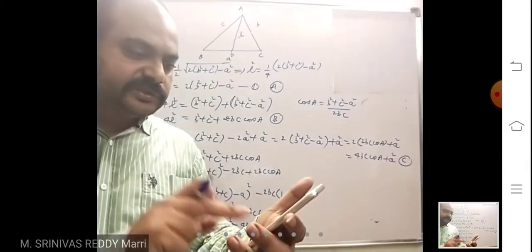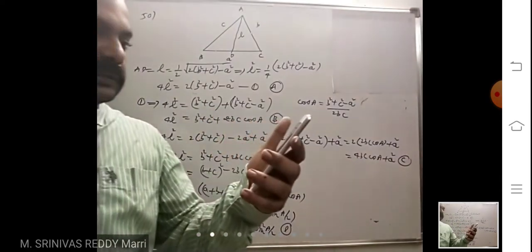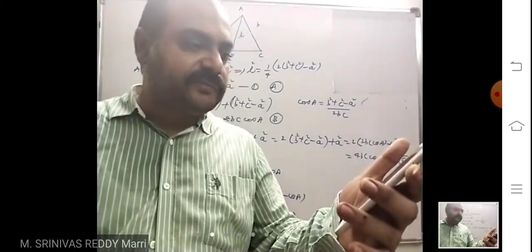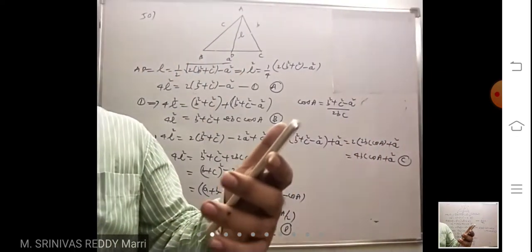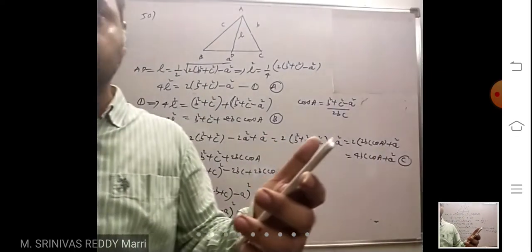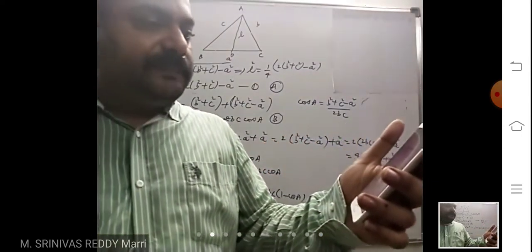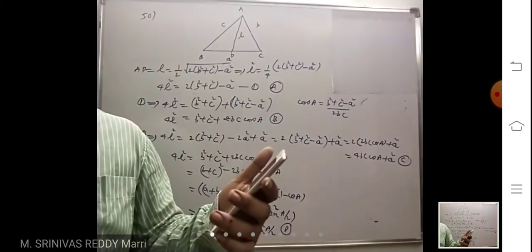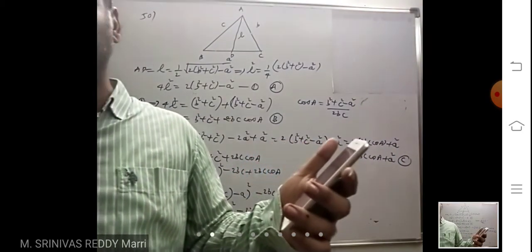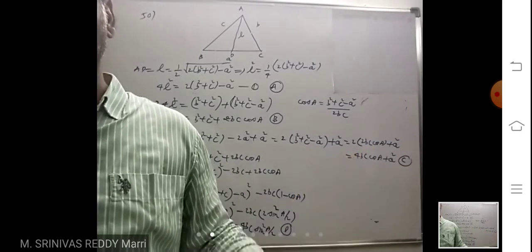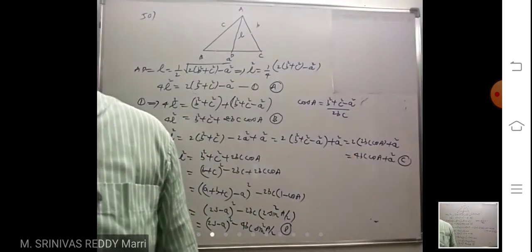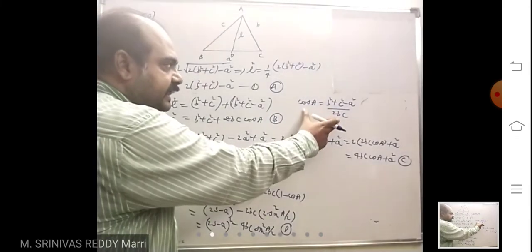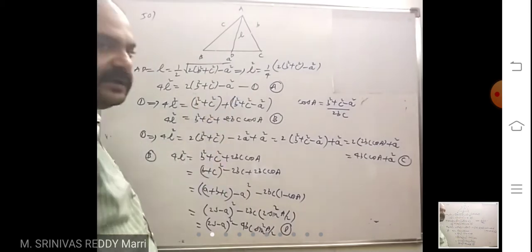In the second option, if you substitute cos A, you will get the same. In the third option, substitute cos A, you will get the same. In the fourth option, if you want to do like that, 2s equals a plus b plus c, substitute. Then you will get b plus c whole square minus 4bc into sine square A by 2. Write that as 1 minus cos A by 2, then substitute the cos A rule. That way also, option wise, you can do. By substituting the cos A value, you can easily check whether it is coming or not. Like that also you can do in the exam.